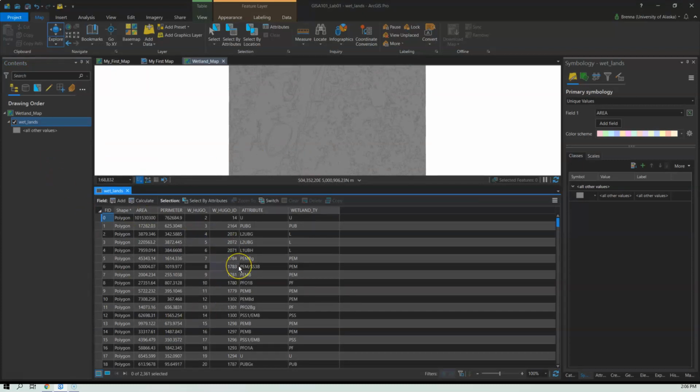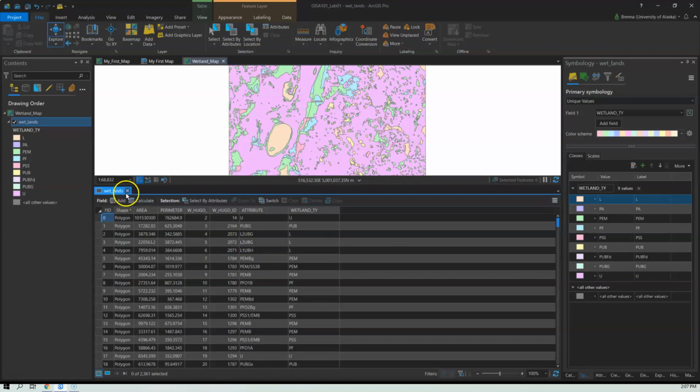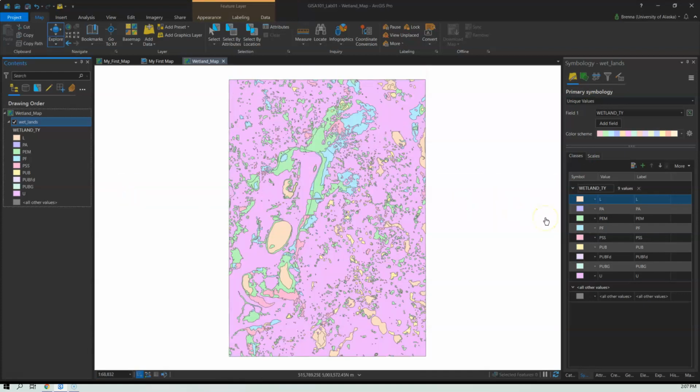Looking at the attributes for the wetlands file, you can see that each of the polygons in this file has a couple of things. The first being just called attribute, probably not the most useful name. The second referring to the wetland type. You'll see there's some connection here. Generally, they're grouping one type of wetland and then giving a little bit more detail in this one. So we're going to use these grouped layers, and we'll do that by changing our unique value field to wetland type. And I'm going to go ahead and close this attribute table so I have a little more room.